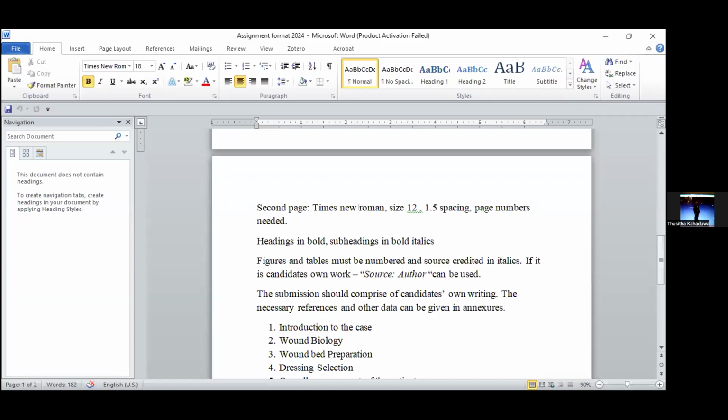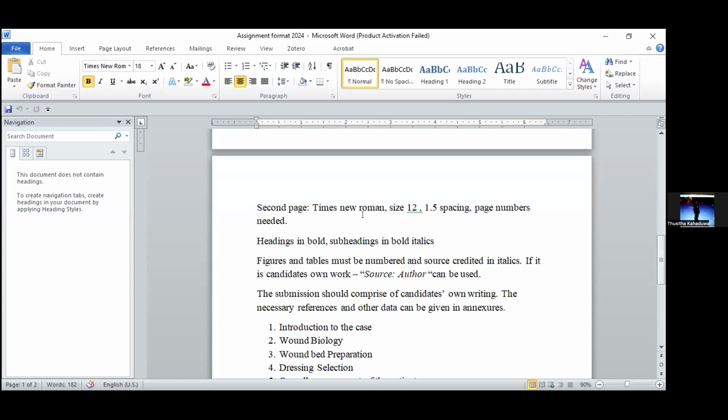Various sorts of copied and pasted stuff. You can still, it's okay to copy and paste, but still convert that into Times New Roman, size 12, 1.5 spacing, so that we can read. And as